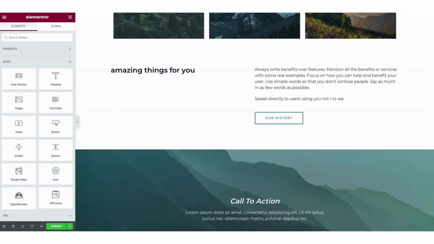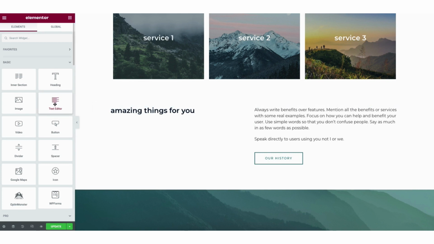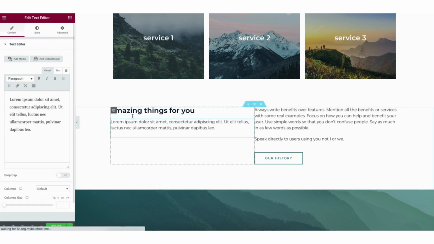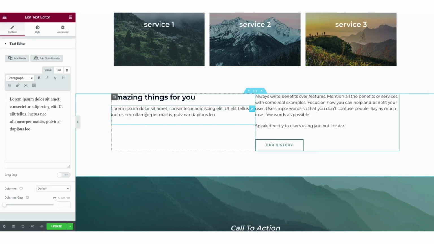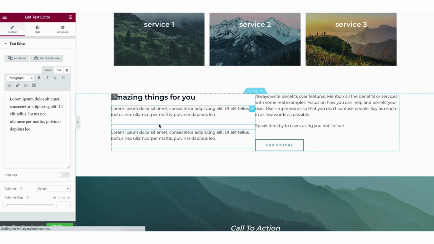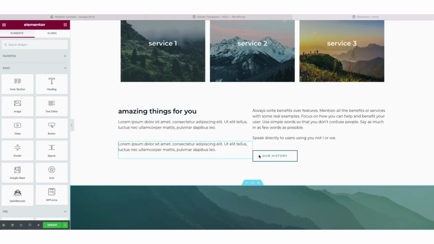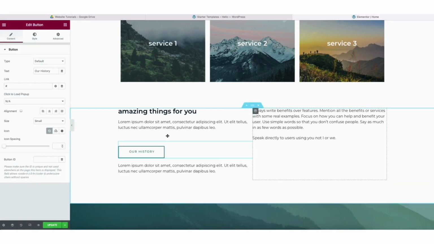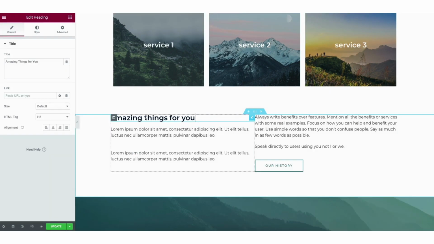You can select what you want over on the left and drag it in wherever you'd like it. If you right-click on an area, you can delete it if you don't want it. By right-clicking, you can duplicate something if you need to duplicate it. You can drag something over to somewhere else on the page by selecting it and dragging it over to where you want it. Over on the left, you'll see where you can link out the text to a page